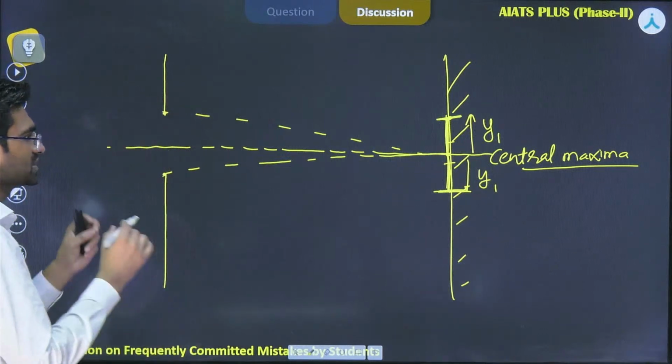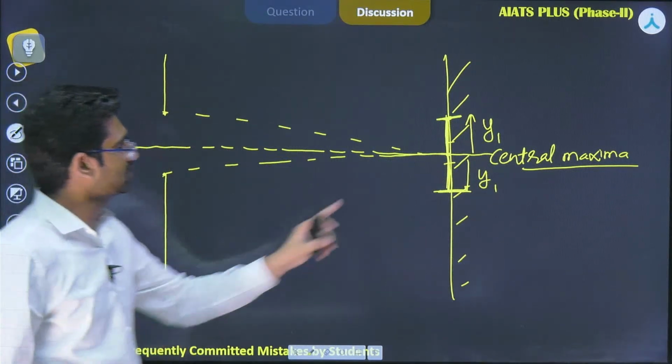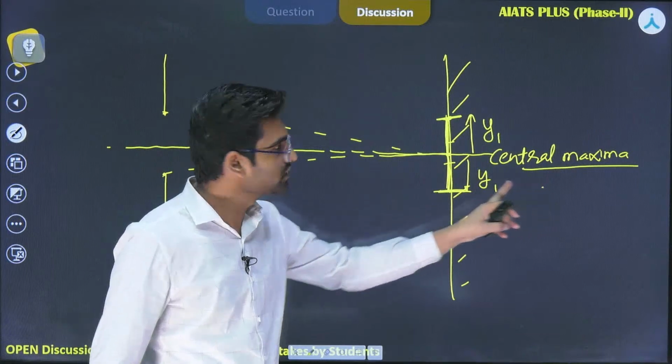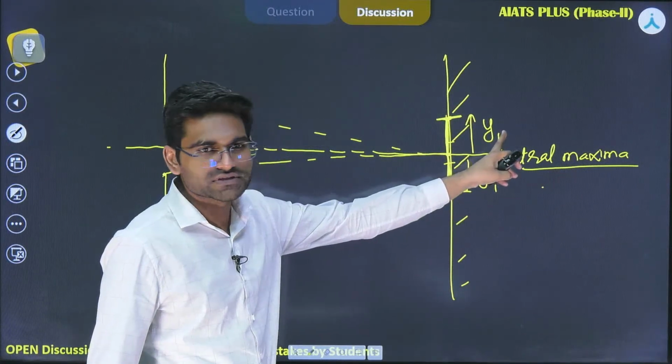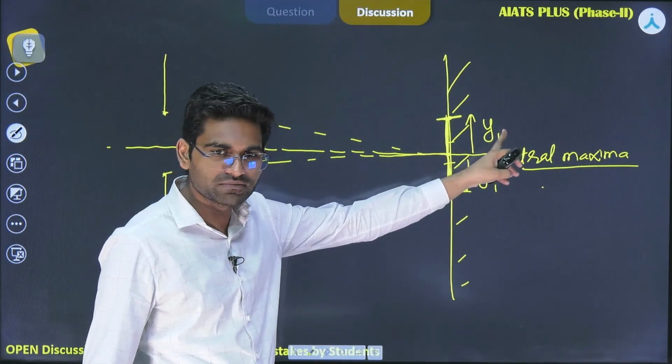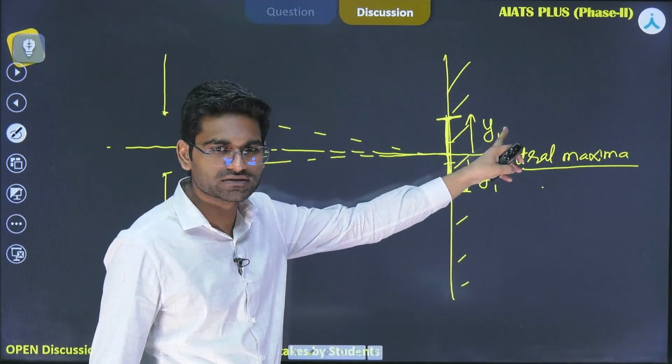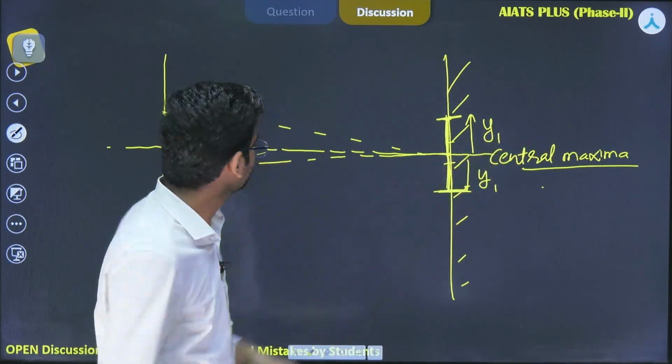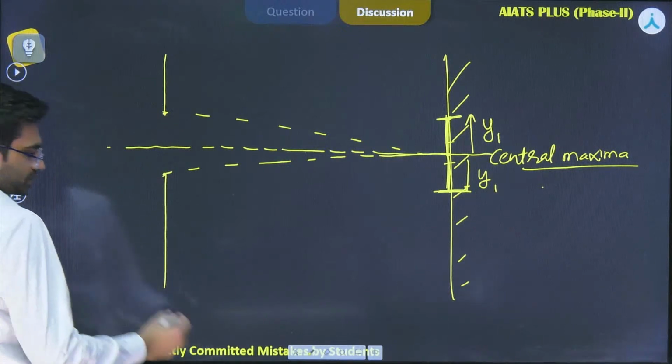For the central maxima there would be no path difference. What about the first minima? What should be the path difference? That would be equal to